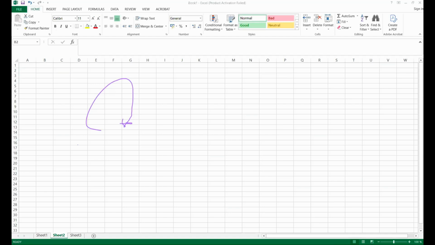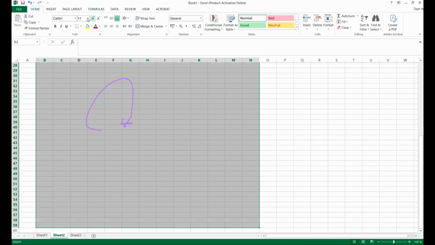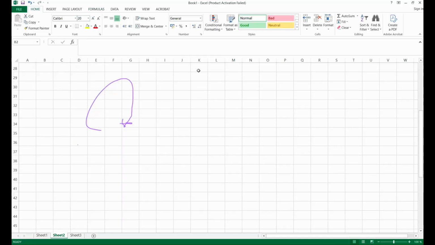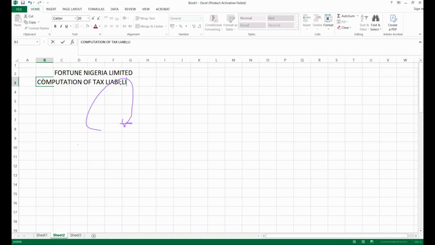Then we have Fortune Nigeria Limited. So that is the name of the company. So I'm going to write the name of the company out. Fortune Nigeria Limited. So we are asked to do what? Computation of tax liability